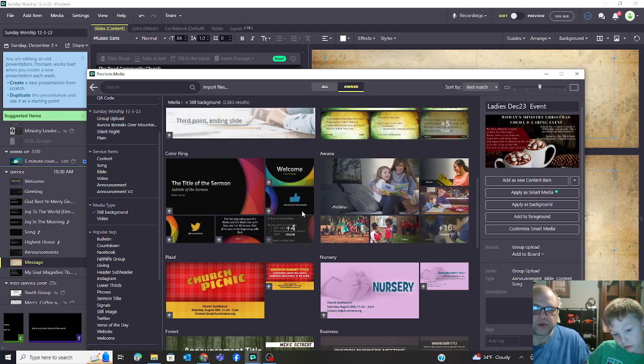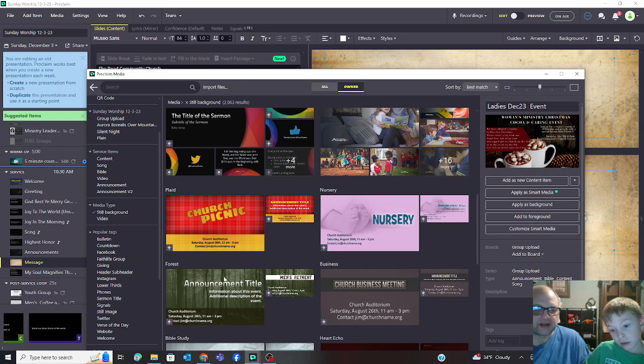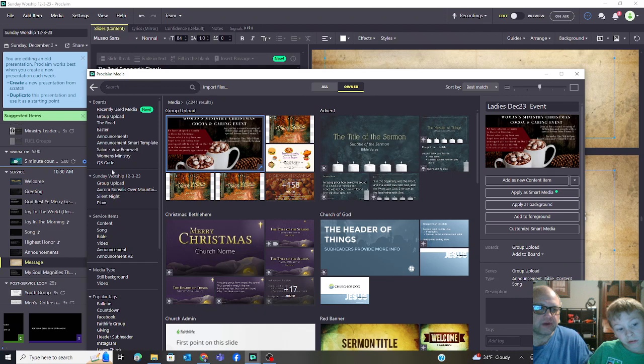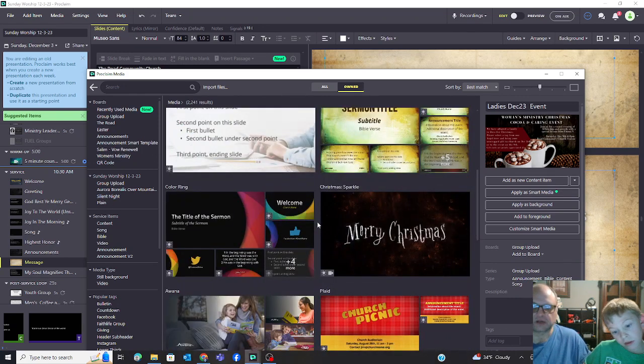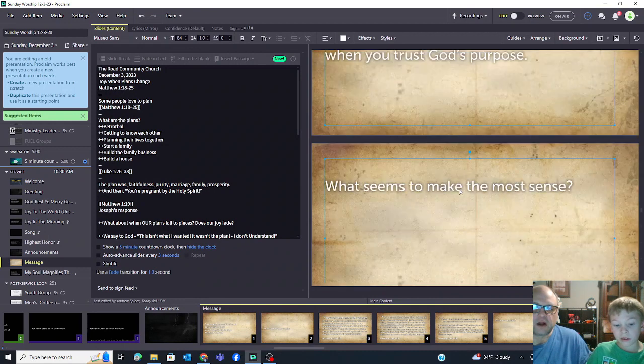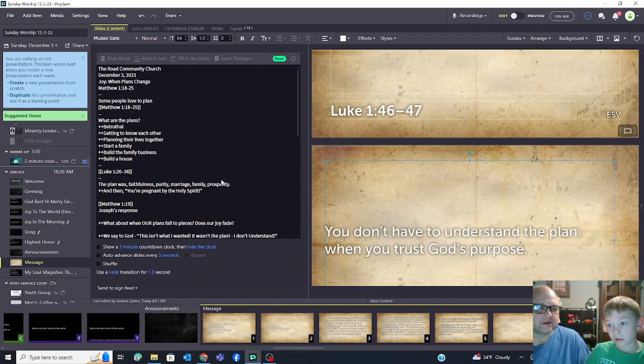But remember, when you bring the background, it's going to bring everything in here and make it a background. So you might have to find something pretty basic. Anyways, that's a quick way to bring in the background as well to make it a little more interesting for everyone to read. But that's how you get Chris's sermon ready for the service.